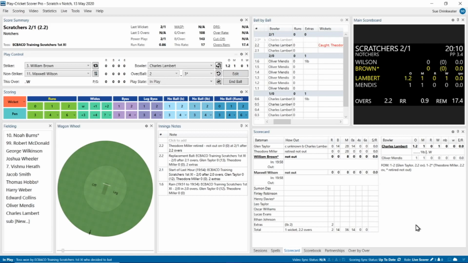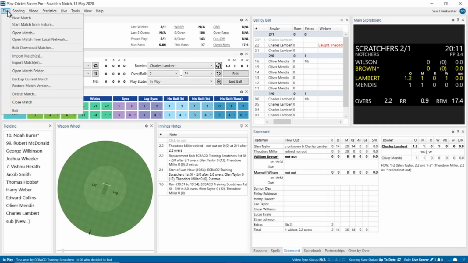Will the start of last hour change overs remaining? And there was some discussion in the chat about this as to whether change of last hour was affected by overs, or whether it only applied to timed cricket. And there was some debate as to what the situation was there. Okay, I believe that it will change the overs remaining because in the match type, I'm not sure it's going to show up in here because